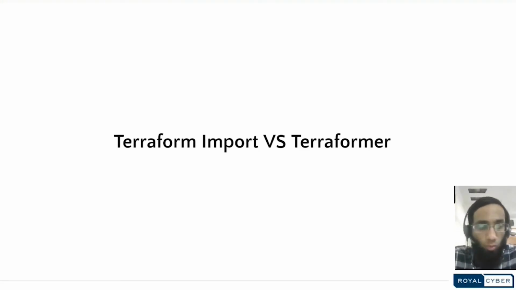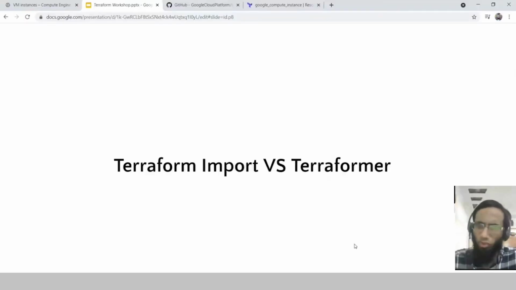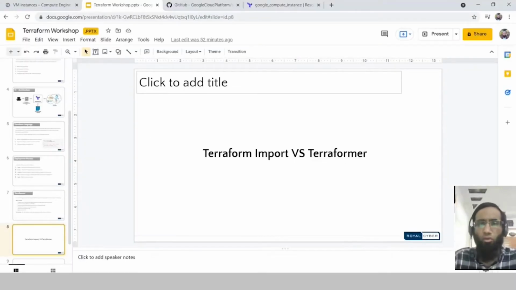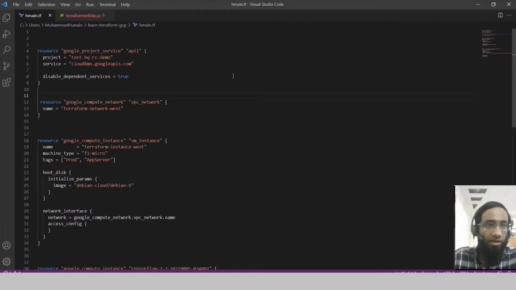Now let's jump into a simple Terraform import script, so that our viewers can relate with us, and then we'll move into Terraformer. So if we go into Terraform import, this is one Terraform script we have, and what it does is that it will provision resources.